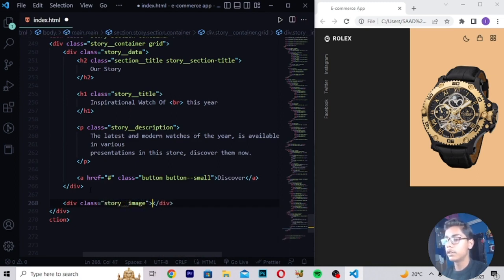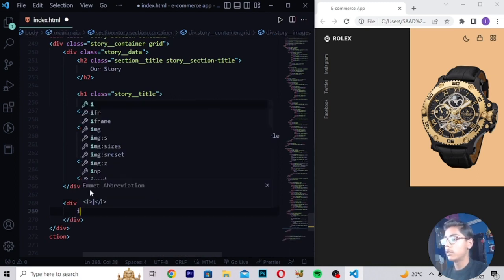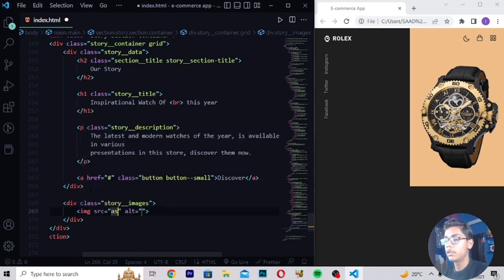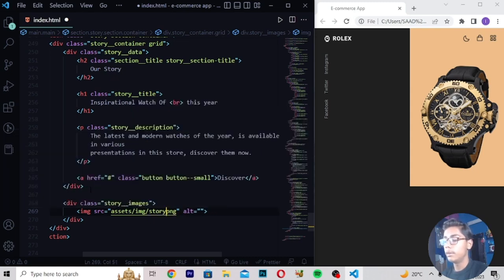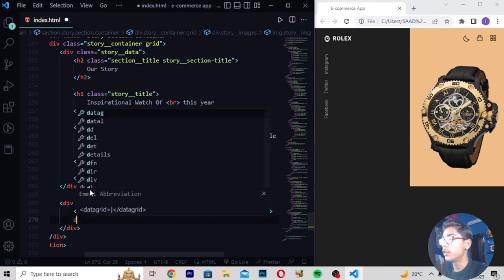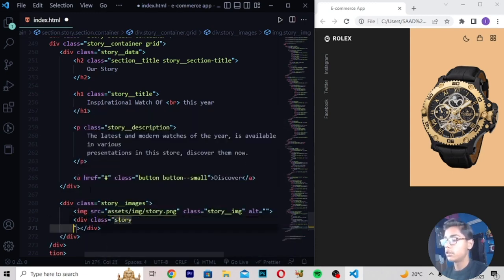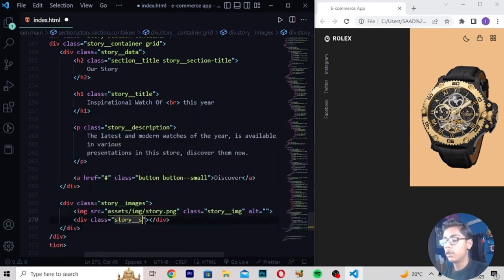Here I will be writing images/story.png. Then right here class which will be story image. And when you've written this, just here I will be writing div class story. Then here you have to write square like this. So here I will be writing save.